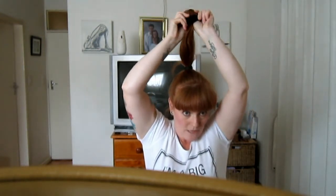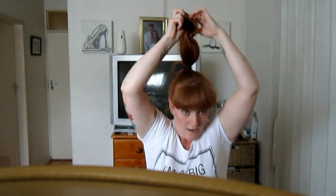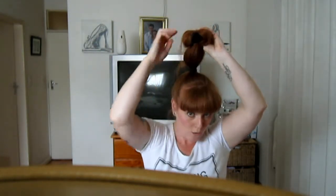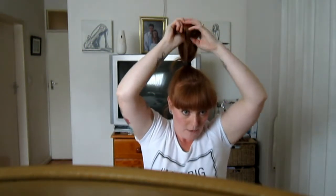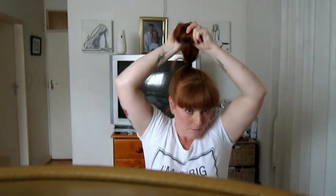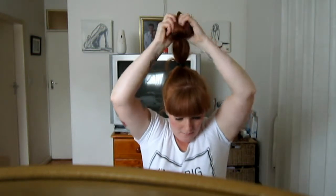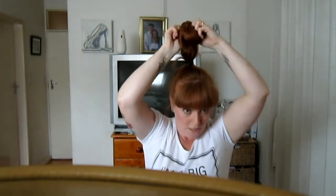Now as you turn the bun down, you're spreading the hair out and tucking it under to keep it neat. As you move down the bun, the hair will automatically come and close up round the sock. So you keep your hair nice and tight, keep pushing the hair in. You can make it quite messy because some people like the messy look, but I like it quite neat. So you just keep pushing your hair up through the bun, keeping it tight, keeping it neat, turning the bun down,